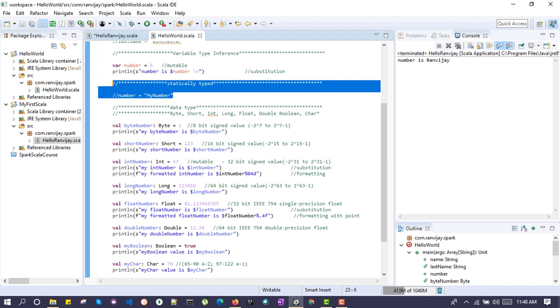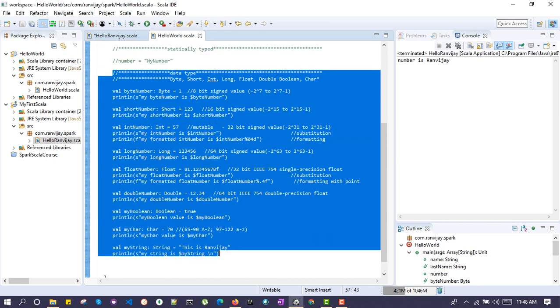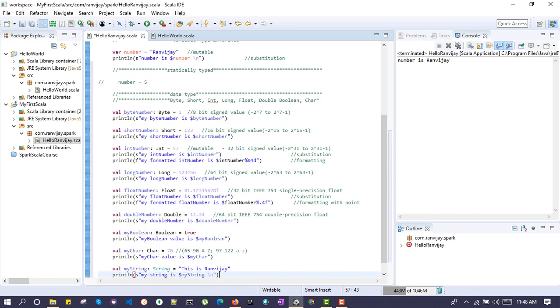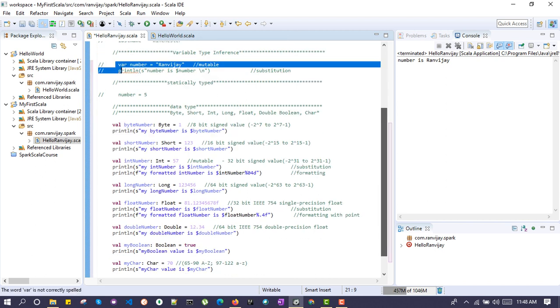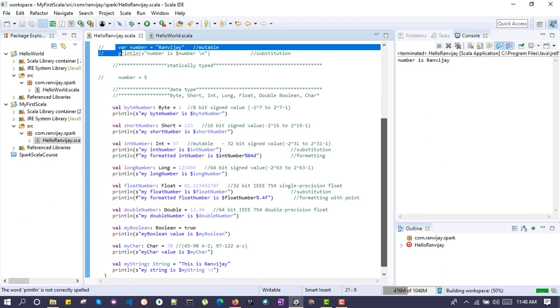Let's copy this bunch of code and I will explain one by one. Let's comment all the previous code we have done. Now save it. So let's jump to the data type.